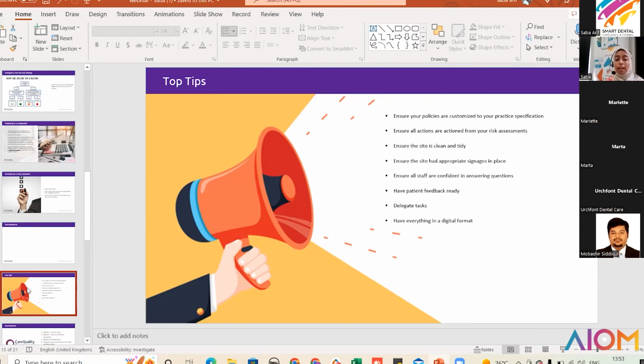So patient feedback and staff feedback. A lot of the time we're concentrating on patient feedback, but remember, the well-led key line of inquiry talks about leadership and management. Make sure you get a staff feedback form completed by all your staff before you have a CQC inspection, and you can share that with the inspector on the day as well